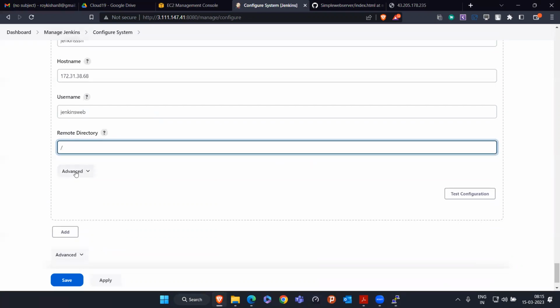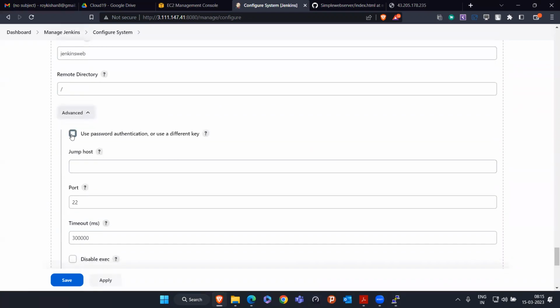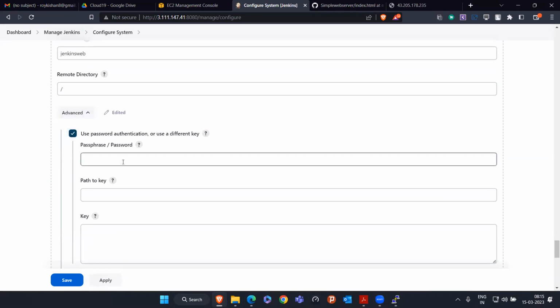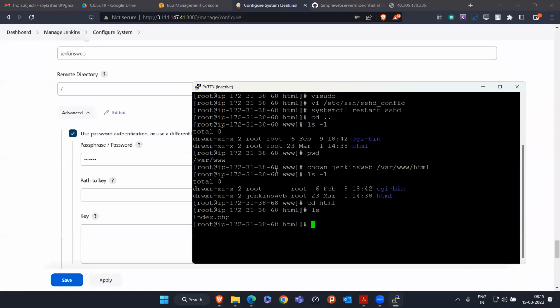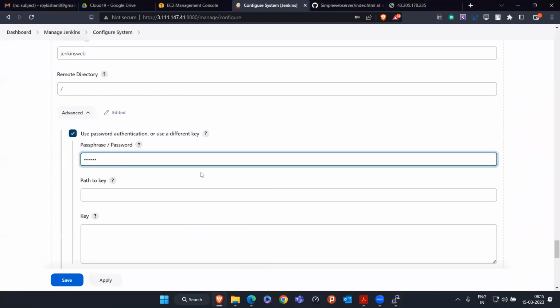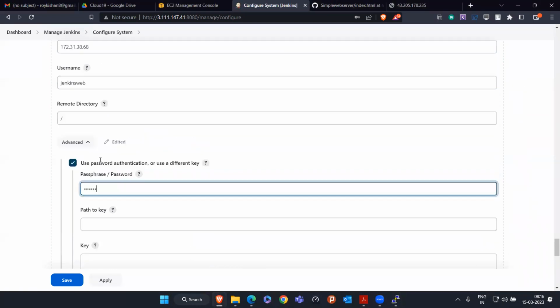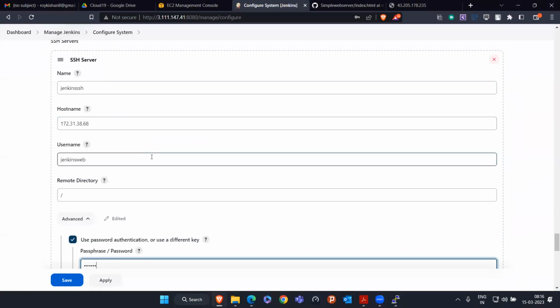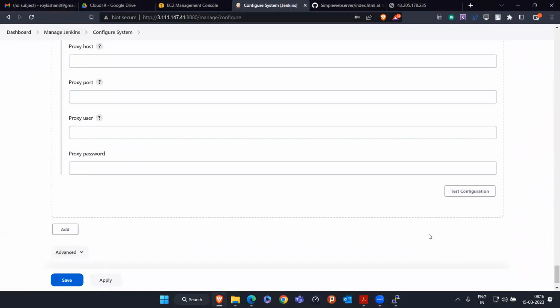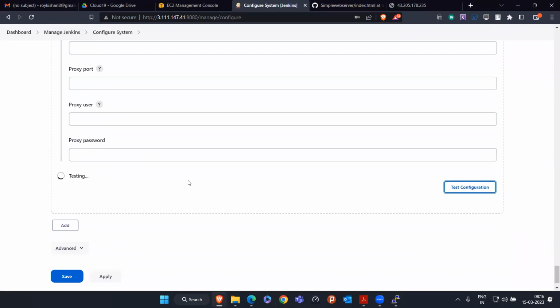And click on the Advanced section. Click on use password authentication and write the password. If you remember, I set a password for that particular Jenkins web user using the useradd command and the password command for Jenkins web. Whatever password you set, you have to write it. If the password is correct, the private IP is correct, the username is correct, then when you come down and click on Test Configuration, it is going to give